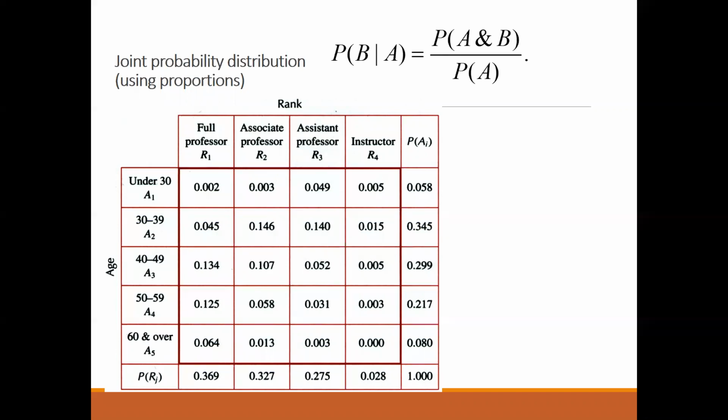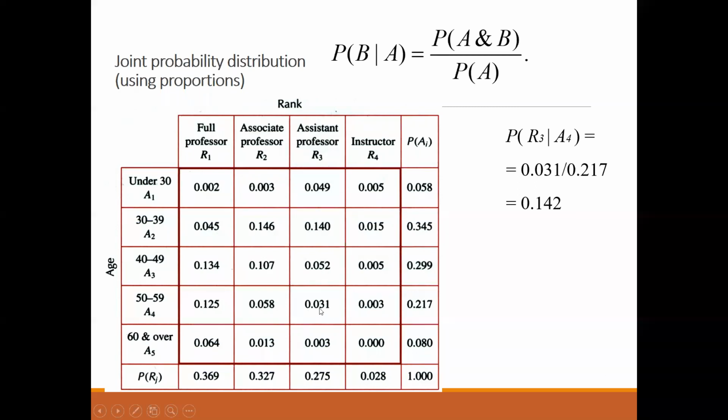So for the first one, which I told you, P(R4 given that A2 is occurred). Look at the values. So whether we are using probabilities or we are using frequency, the answers will come the same. Please check it out. So check it out for the first one, the one which we did in the previous one.